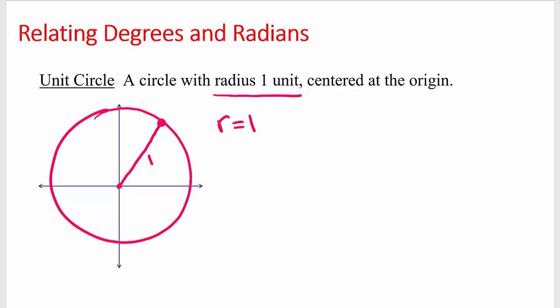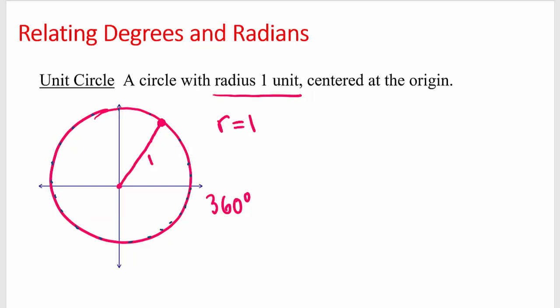Here is my almost perfect circle, and I am showing the radius is equal to 1. Now what do we know about a circle? We know that one full rotation is 360 degrees. So let's pretend that we had this little dot that traveled along our unit circle. And as it travels along our unit circle,